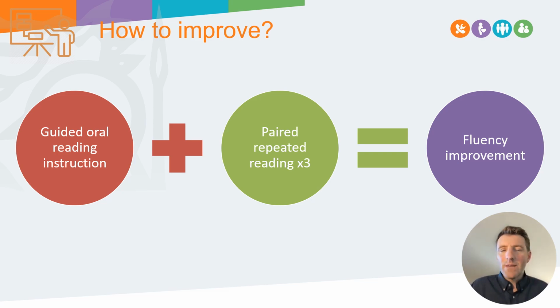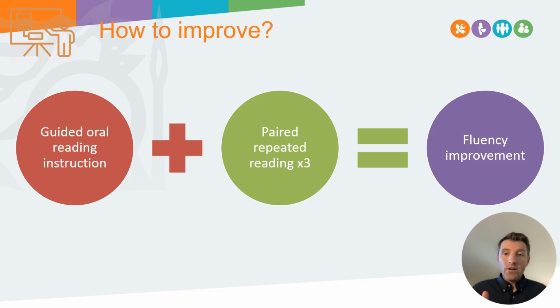In terms of what types of text to use when improving and supporting reading fluency, some teachers like to select special texts like poetry. Poetry naturally has a cadence to it, a rhythm and a rhyme. But don't forget, we're wanting to develop fluency across all texts. So actually what you want to do is provide a variety. You want to make sure that the material is relevant, that it's interesting, that students are actually going to learn and get something out of it as well. So always look to use text from across the curriculum.